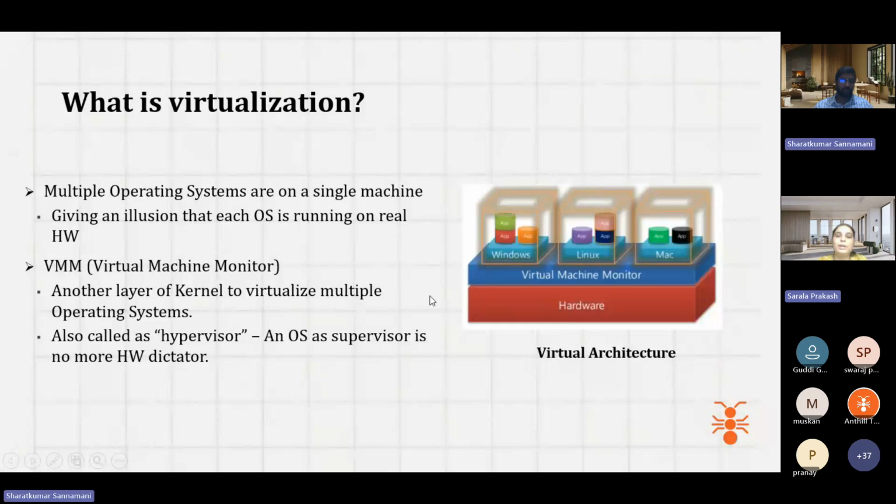So, understood? In between our hardware and our operating system, there is a layer called virtual machine monitor, or it is also called hypervisor, or supervisor. Why is it called supervisor? It will supervise all the operating systems, and it will distribute the resources according to the requirement to run the different application systems. So now if I consider the physical hardware which is running only one particular operating system,